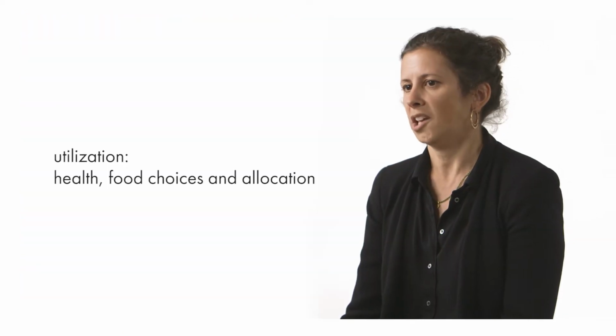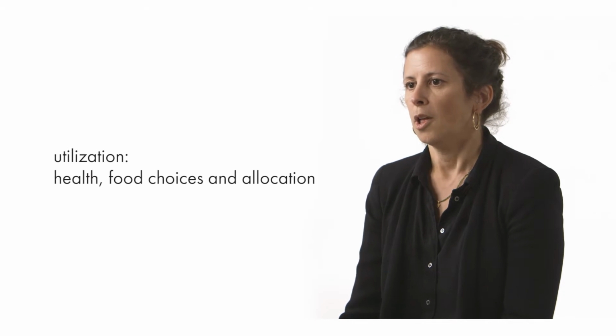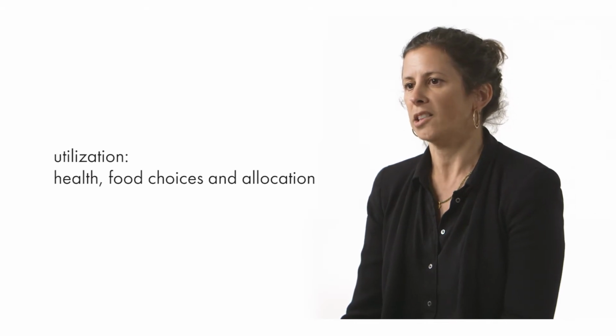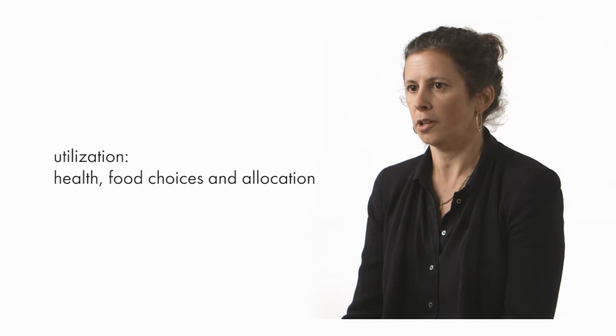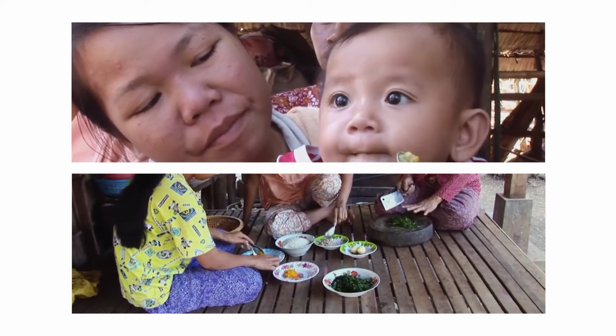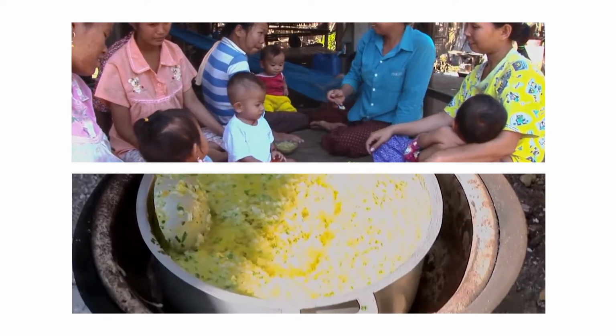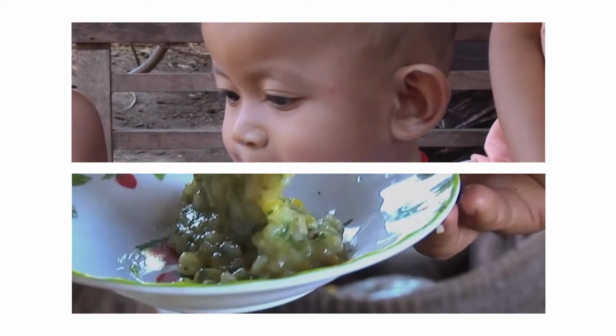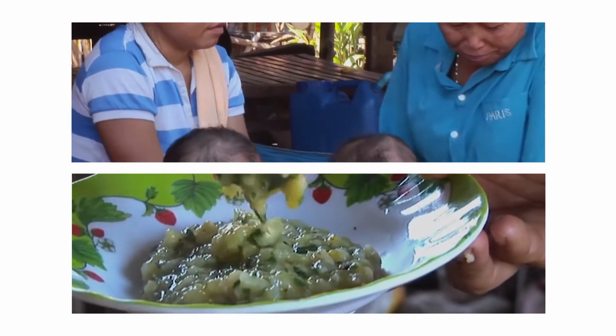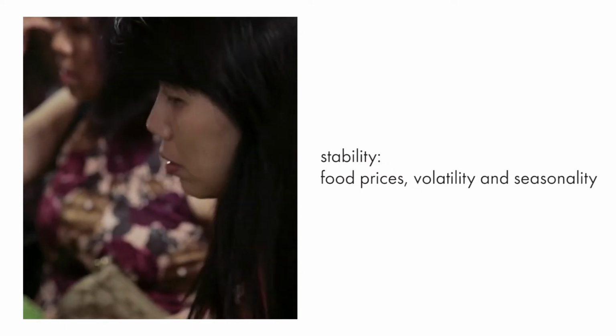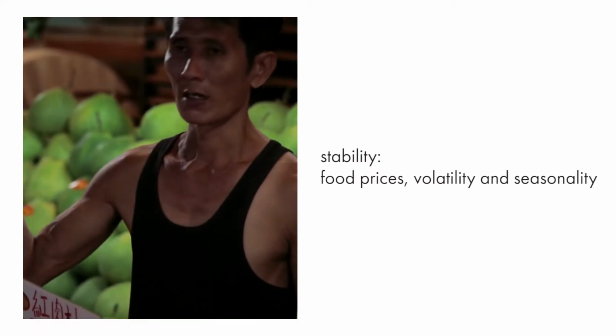Utilization is a more complicated pillar and one that's often ignored, but it's the socioeconomic and the biological aspects of food security. Is an individual and a household healthy to be able to absorb the nutrients from the food that was available and accessible? You have to be in a healthy state to be able to do that. So that's one key piece of utilization. The other is, how does the household make decisions about what food is consumed and how it's allocated across the household? Last is stability, which refers to the temporal dimension of food security and often involves food prices and volatility.